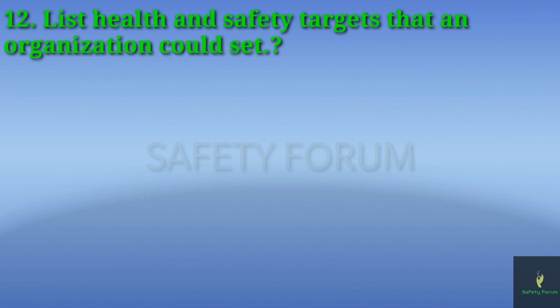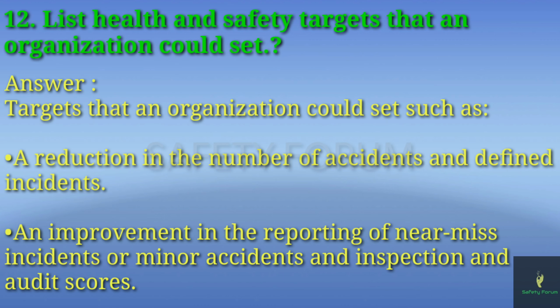targets. Now the next question, which is very important: list health and safety targets that an organization could set. So we will be seeing the targets that an organization could set, such as a reduction in the number of accidents and defined incidents, an improvement in the reporting of near miss incidents or minor accidents, and inspection and audit